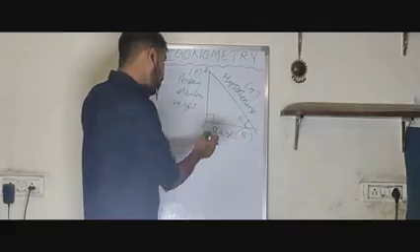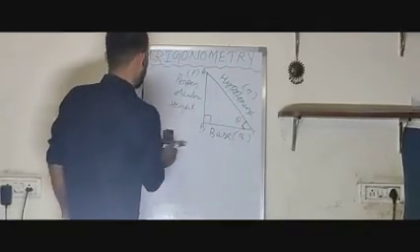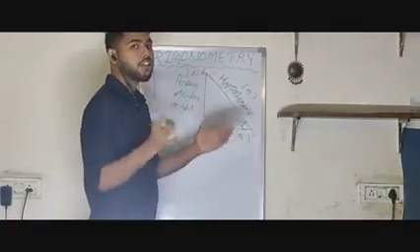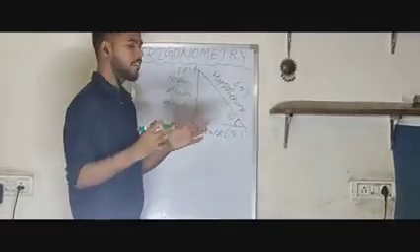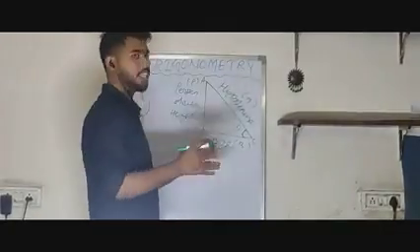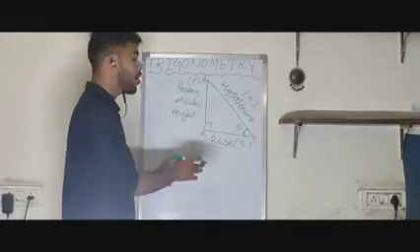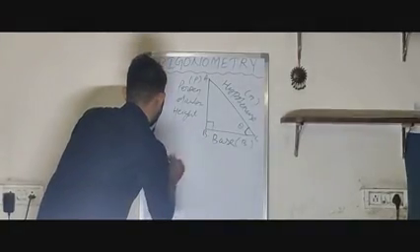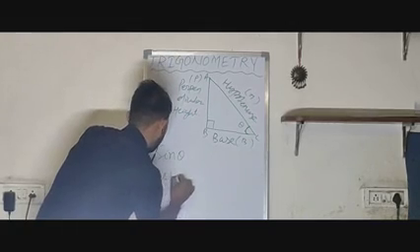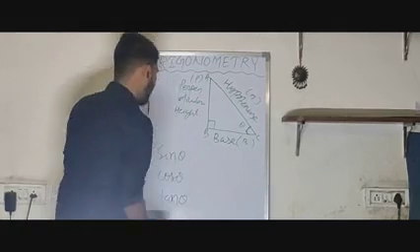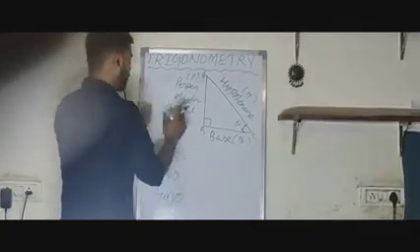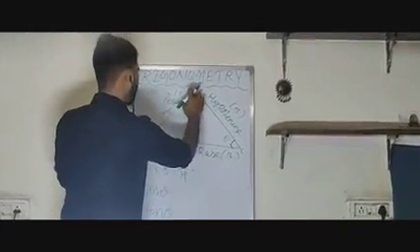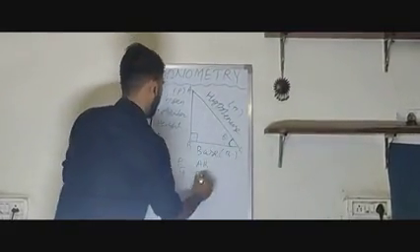By using this theta and H, P and B, now I am going to write the formulas for the identity ratios: sin theta, cos theta, tan theta, cosec theta, sec theta and cot theta. First I have written the full forms of these identity ratios. Now I am going to use the short terms. What is the formula for sin theta? Sin theta is P by H, perpendicular by hypotenuse. P is AB and H is AC.